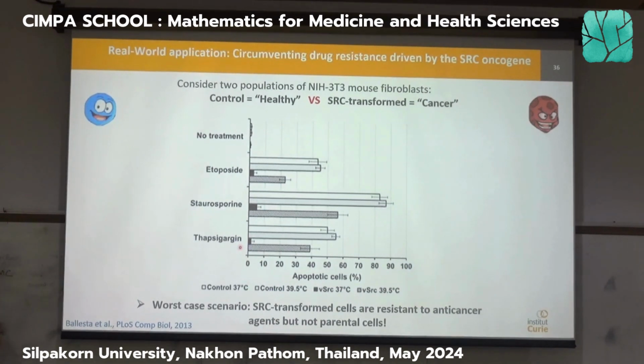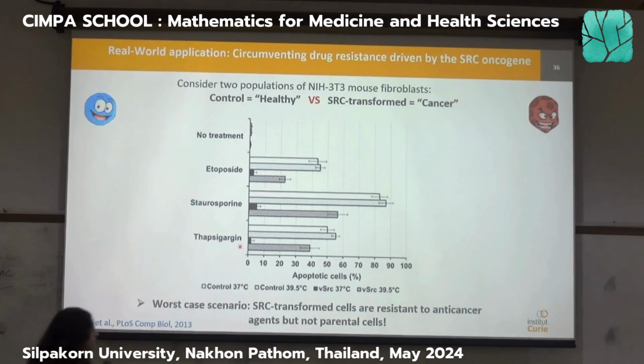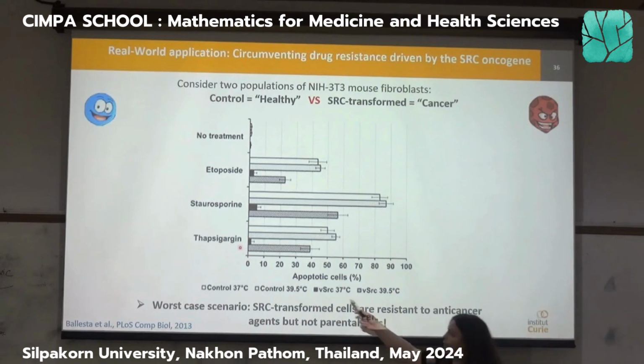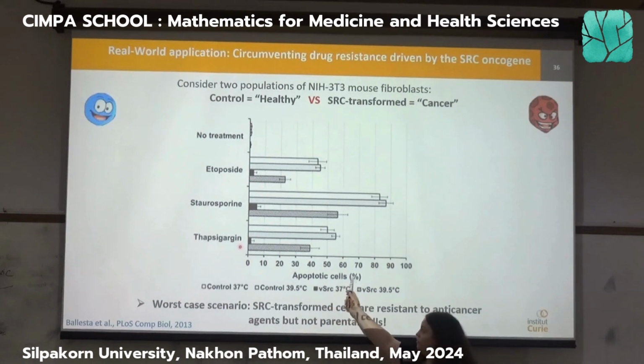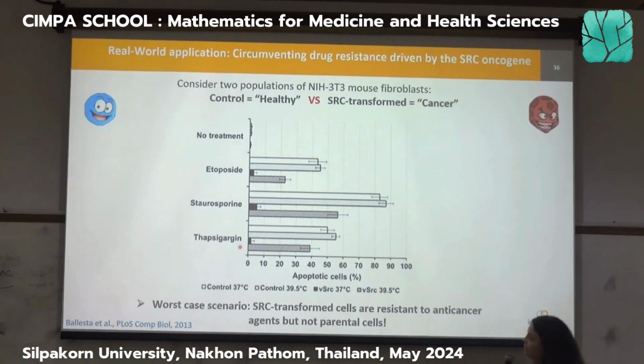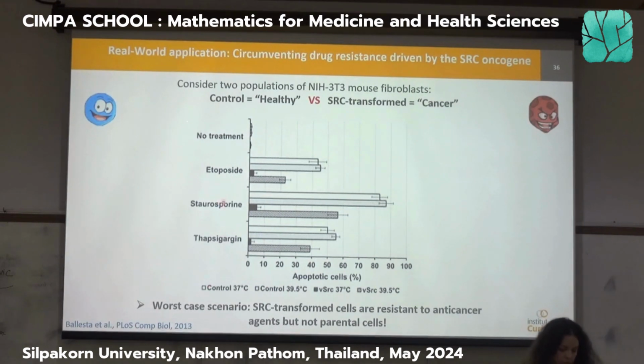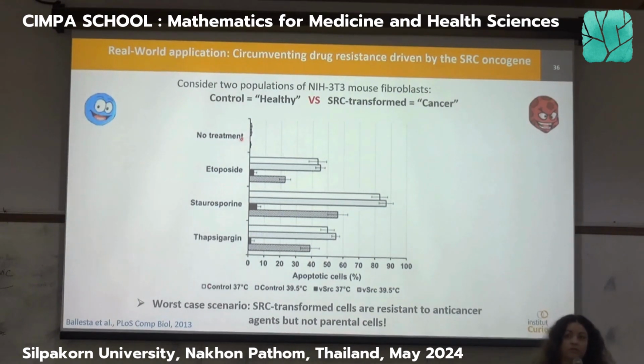Cytotoxic. Okay. And as you can see, on the y-axis we are looking at the number of apoptotic cells. Remember, apoptosis is death. So we are looking at the percentage of cells that actually die a few days after the exposure to the three drugs. If we start by looking at the white bars, we are looking at the good guys, the normal cells. In the absence of treatment, which is the first line, there's no death, which is okay. The cells are in their petri dish and they are living, and it's the way it should be.